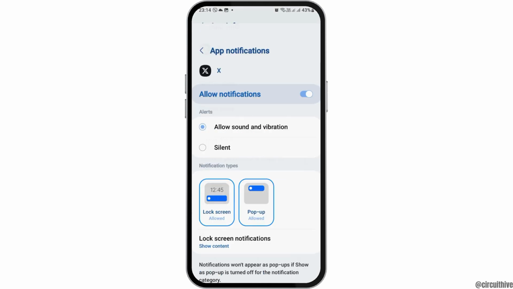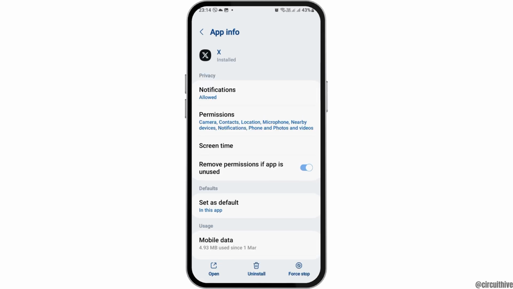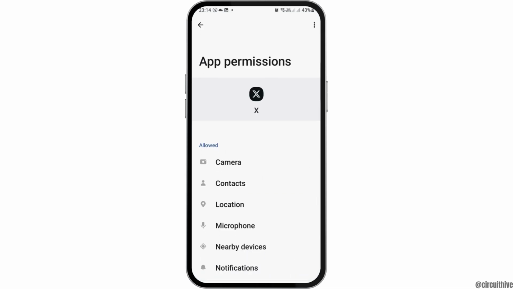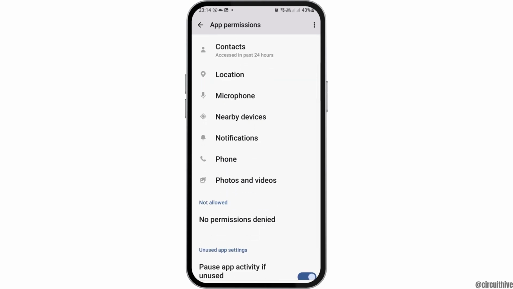Now you have to go to the option of notifications. After tapping on notifications, you have to enable allow notifications and allow sound and vibration. After that, you can go back and then go to the option of permissions. After tapping on permissions, you have to allow the permission to camera, contacts, location, microphone, nearby devices, notifications, phone and